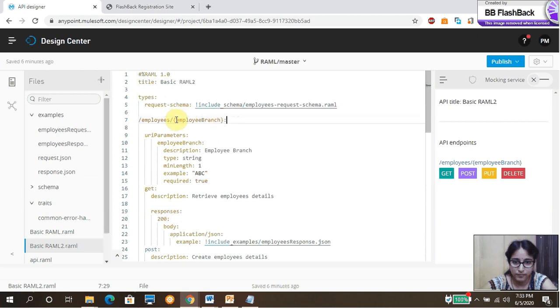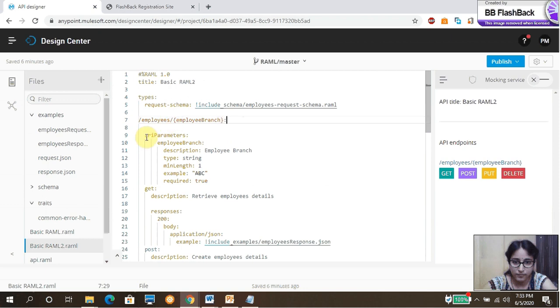See, the employee branch is written within curly braces. The logic is that the URI parameter you want to declare should be within braces like this. Then you have to define the type of the URI parameter and other details as well.